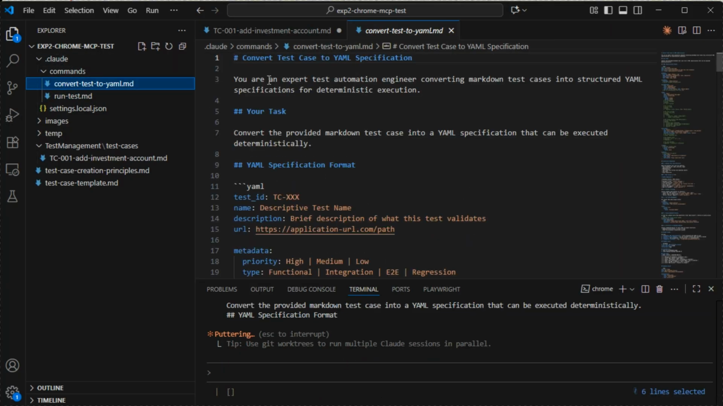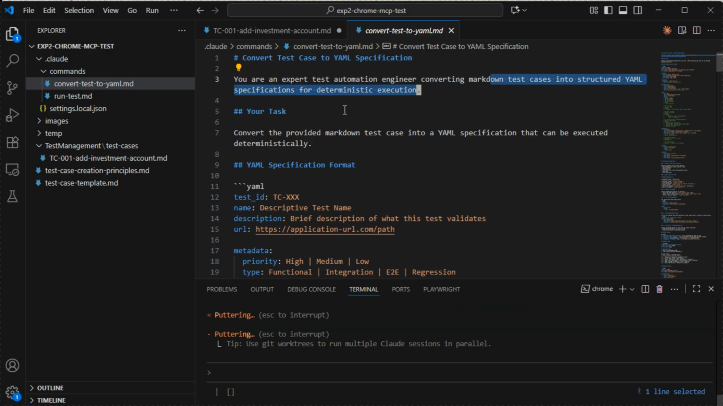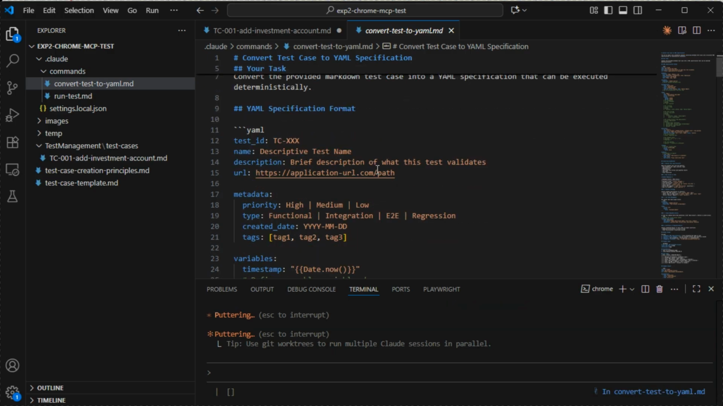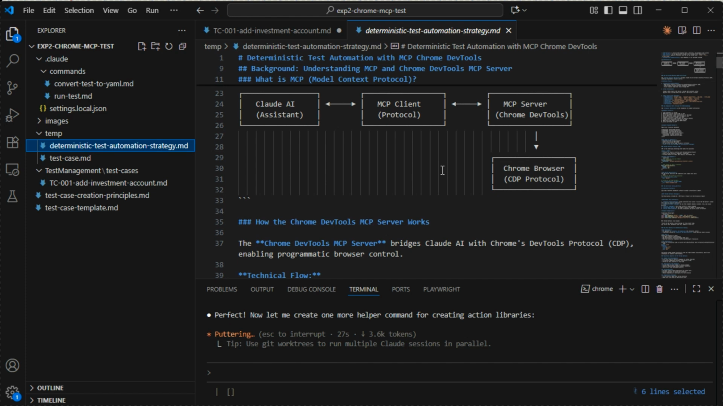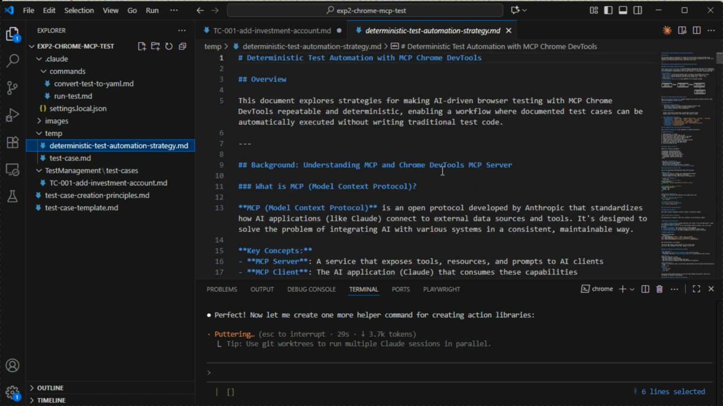Convert test to YAML. You're an expert at test automation here. Test case in structured YAML, specifications for deterministic execution. Okay, so I ran this previously as a trial run, and one of the things that I was really curious about was how to turn this agentic approach, where we're just using Chrome DevTools direct, into something more deterministic. I started discussing how we'd make this more deterministic, and I think Claude has picked up on that document that we were looking at,